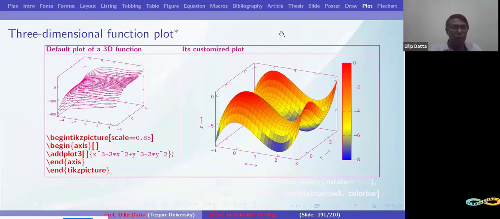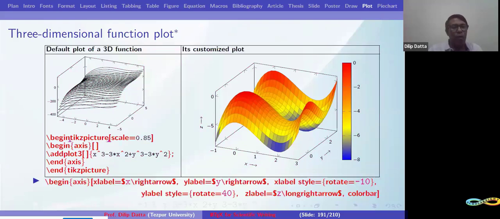So how have these come? Now you see what is done. This axis, where you kept the square bracket open, means there was no option. Now you can add some options. What are these options? X level equal to, in curly braces, that X, then right arrow, comma, Y level for Y, right arrow, and this is for